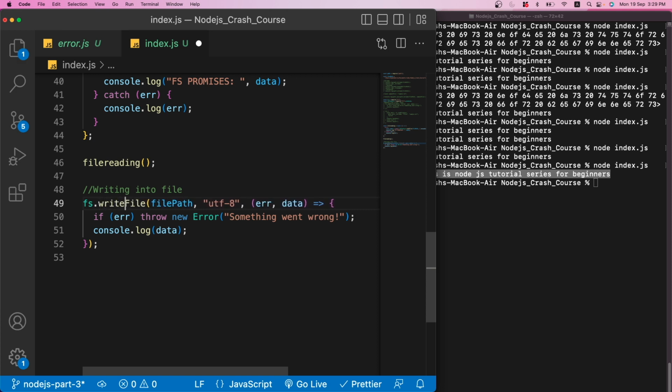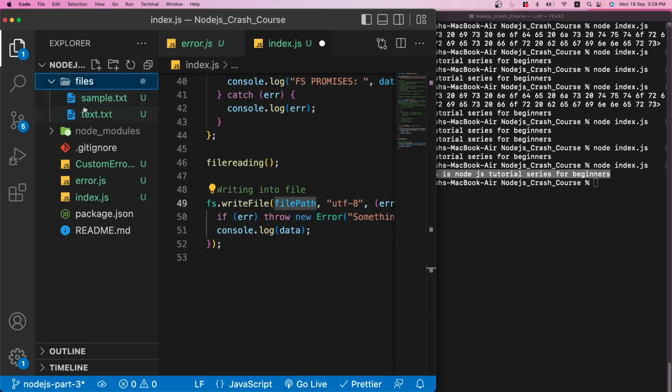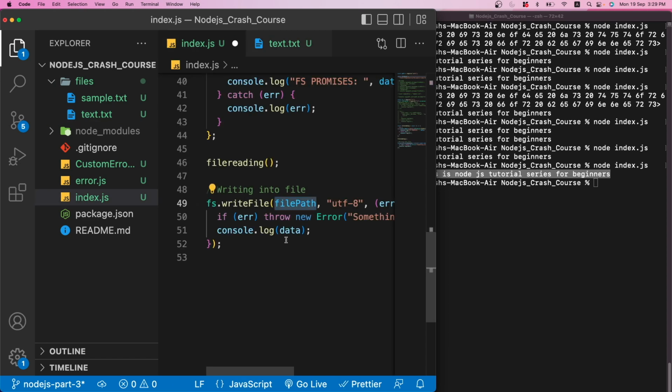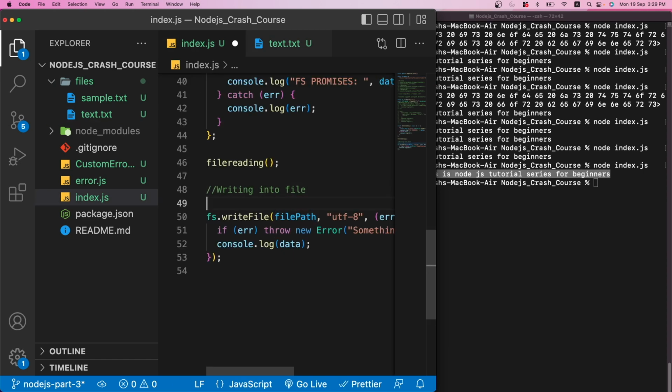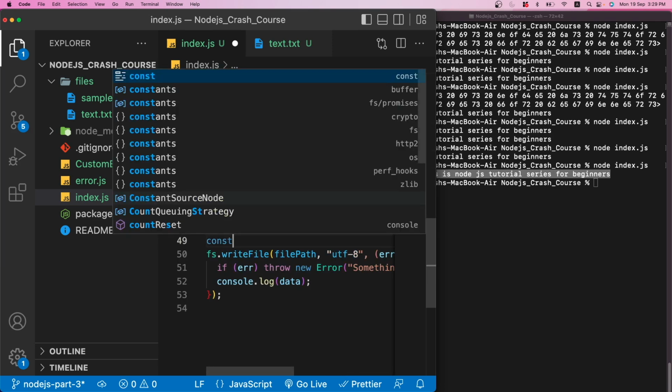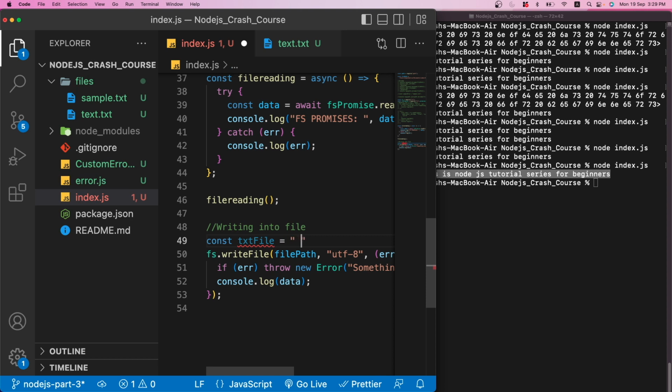So I will have the writeFile. All right, we need to give the path of the file which we want to write. So I'm going to write it in this file, the text.txt. Right now there's nothing in this file, so we are going to write some information here. So let's have a file path. I'm going to create a constant. I will have the text file, and then this will be equal to, so what I can do is I can have here